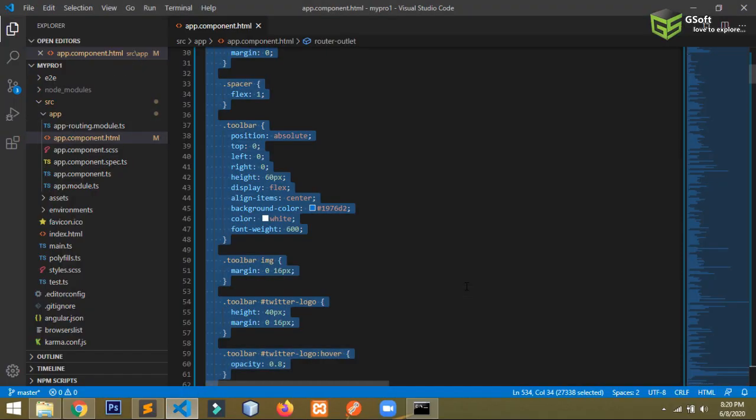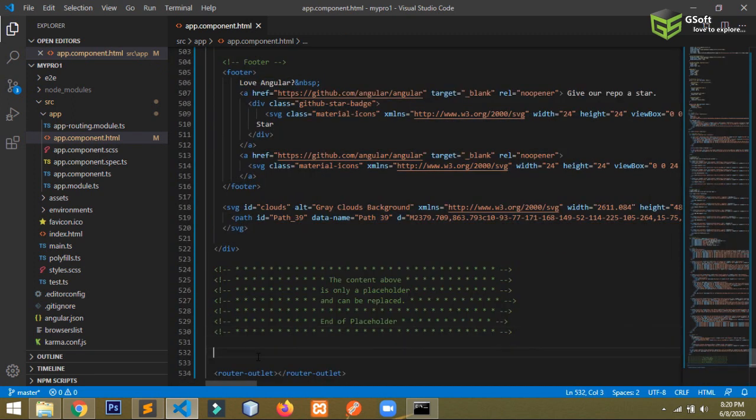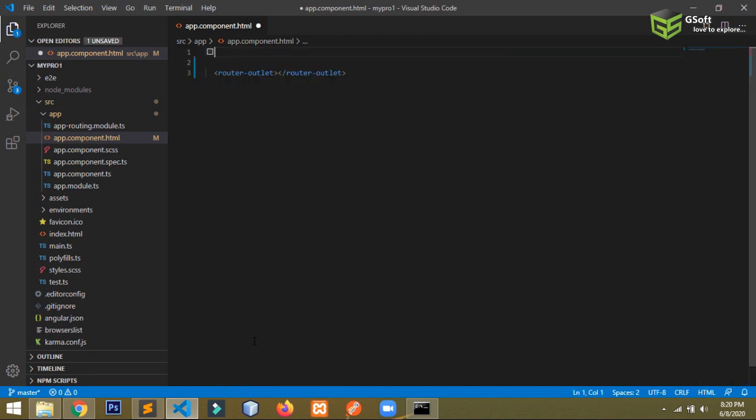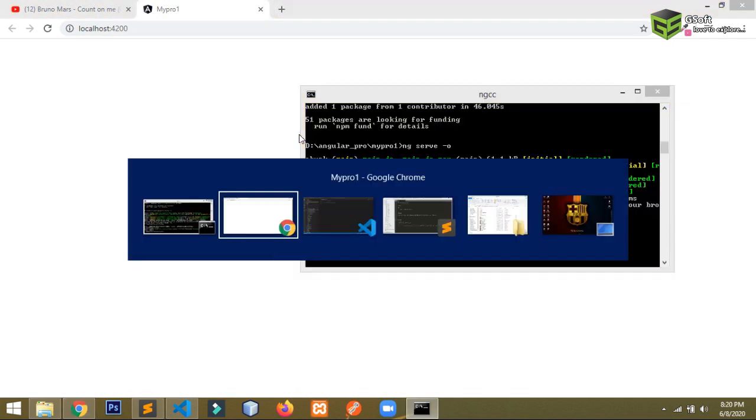If I delete all the things available here, you won't be able to see anything. Let me save the file, and the file will be automatically compiled and the page will automatically refresh. Now you can't see anything because the page does not have anything.